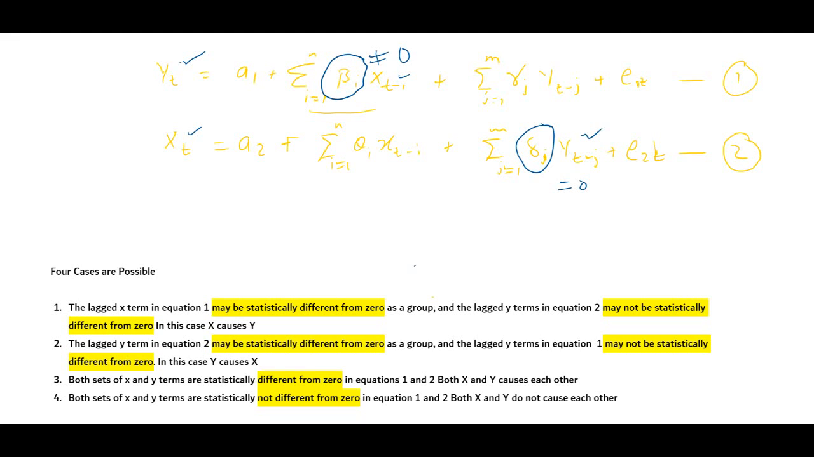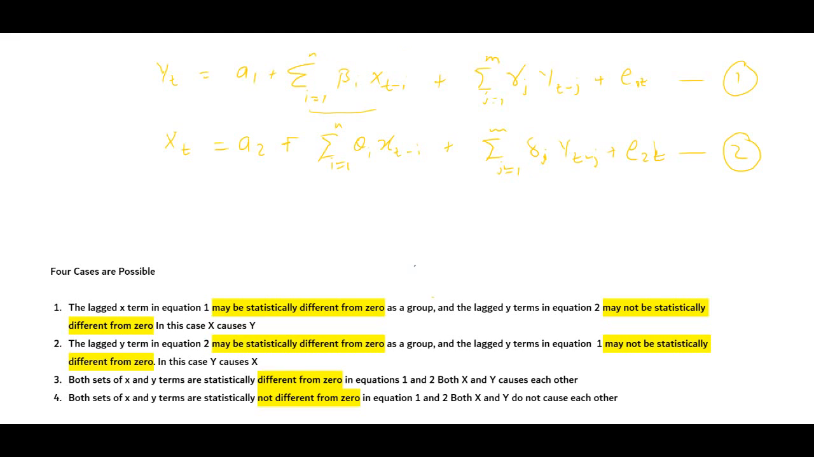So what we deduce from the first case is that in this case x causes y. X has impact on y, or we may say we can predict changes in y with the variable x. Then we have the second case